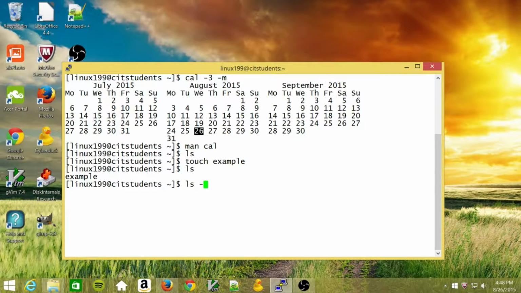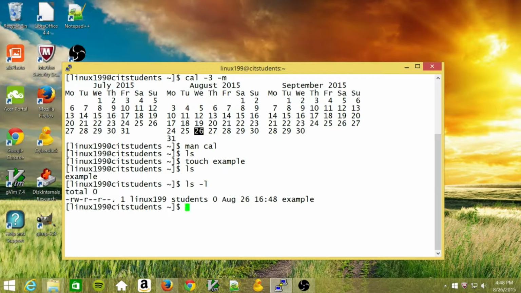Now type ls -l, that's a lowercase l, not a digit 1, to see a long listing. Reading from right to left, you have the file name, the date and time of the file, the file size in bytes. An empty file has 0 bytes in it. The group name of the person who created the file, the username of the person who created it. That number 1 is something I don't want to talk about right now. And all the way at the left, that business with the -rw is the permissions, and you'll learn a lot about that in a future exercise.